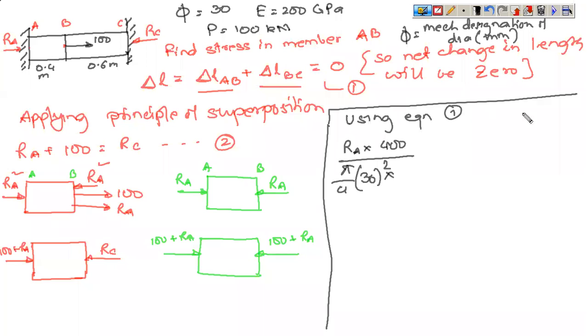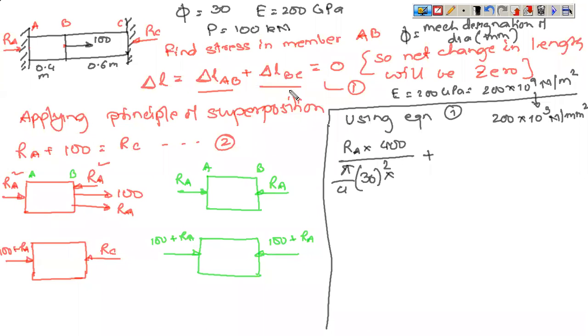E is 200 GPa. Now GPa is gigapascal. So this is 200 into 10 to the power 9 Newton per meter square. Now if you convert this into mm square, this is 200 into 10 to the power 3 Newton per mm square. To convert meter to mm, you have to divide by 10 to the power 3. It is square, so it is divided by 10 to the power 6. So if you divide this by 10 to the power 6, you get 200 into 10 to the power 3